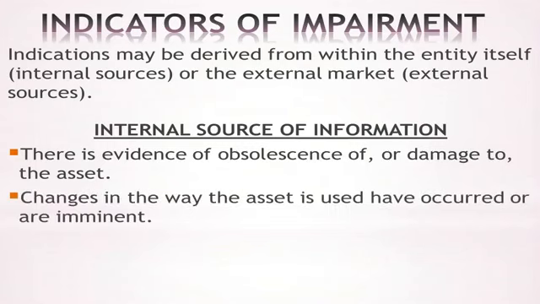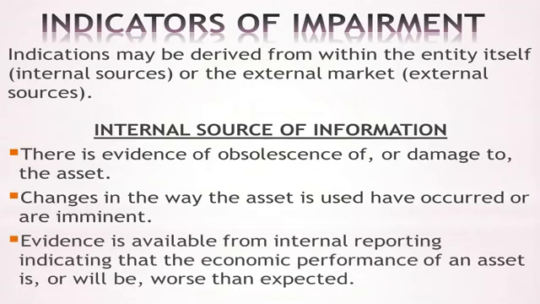Also, when changes in the way the asset is used have occurred or are imminent. In the case where the changes are quite visible and you can see clearly, then obviously impairment has occurred. Also, when evidence is available from internal reporting indicating that the economic performance of an entity is or will be